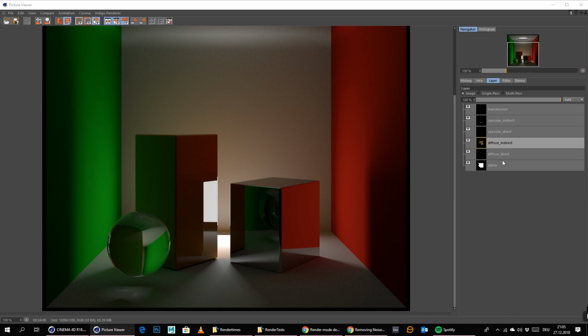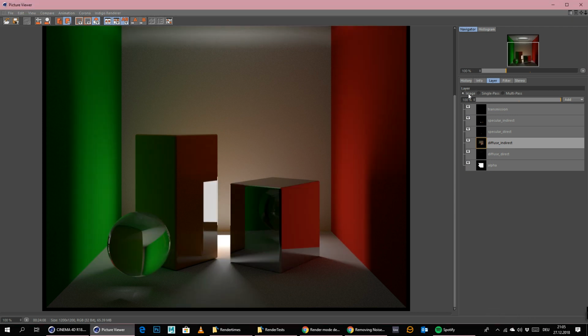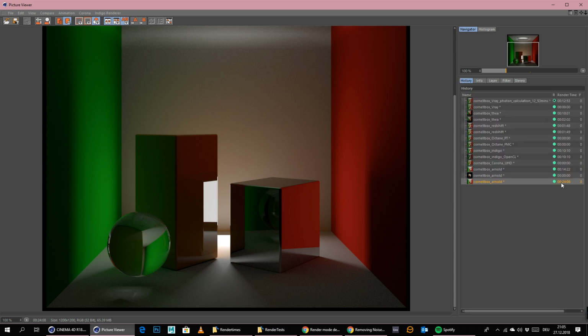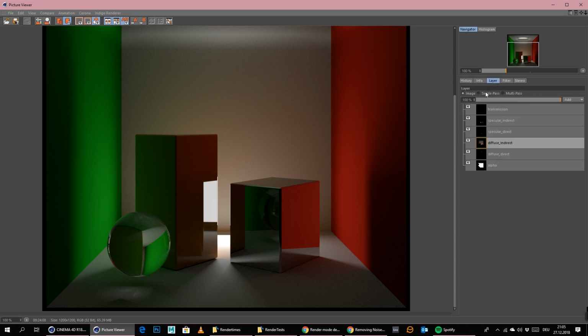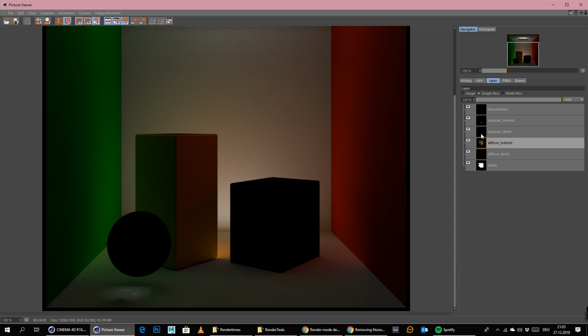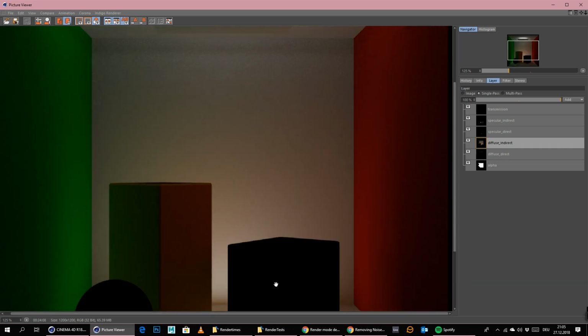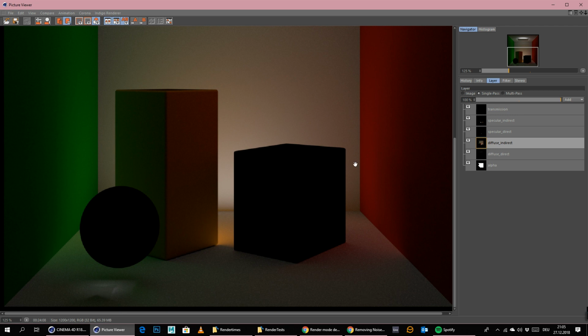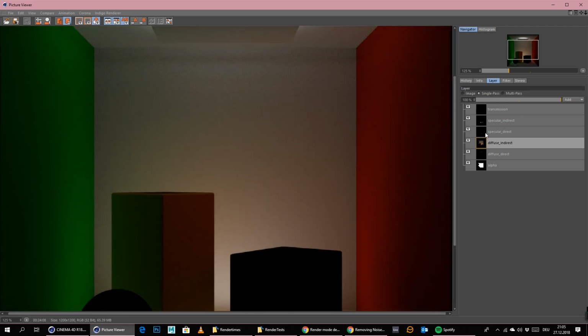Okay, so here's the result of Arnold, and as you can see, I'm still not satisfied. This is the final image, and it took 24 minutes, and it's still not completely clean. And here in the layer we can see where the noise is coming from. It's probably still from the diffuse indirect. As you can see, a lot of noise is introduced here,